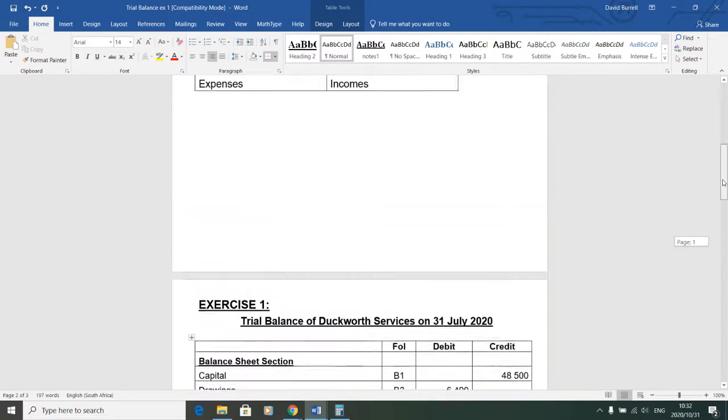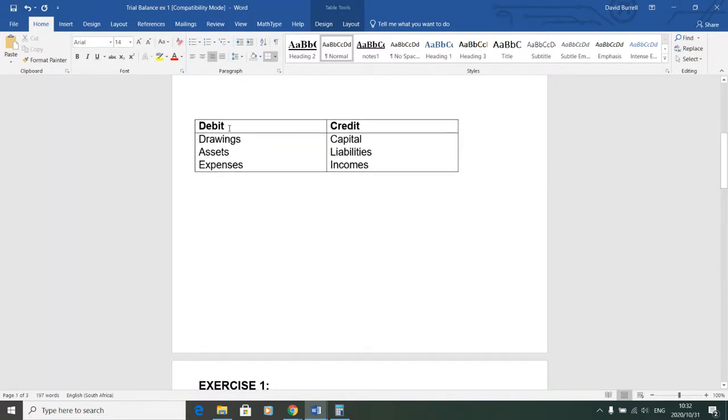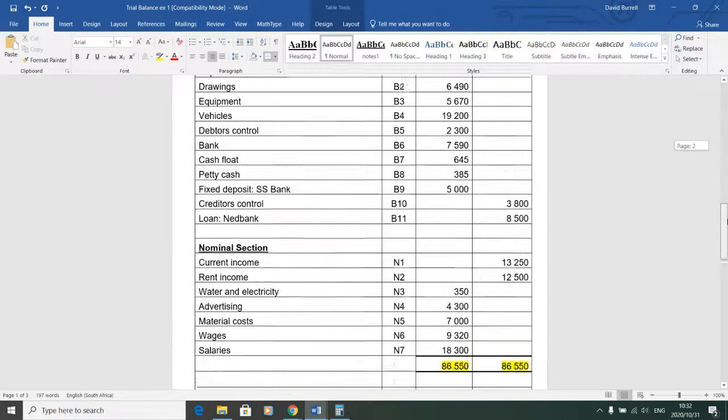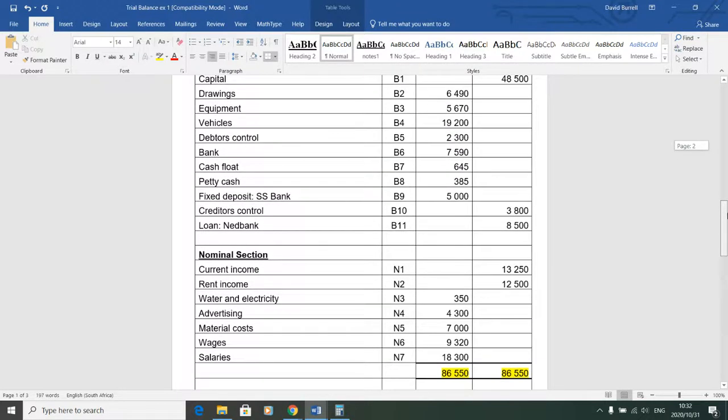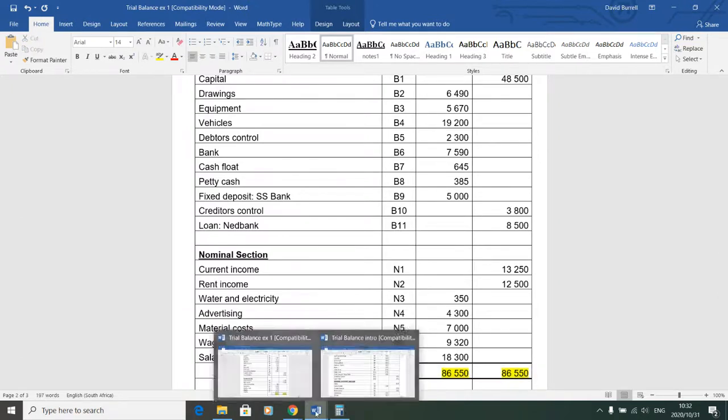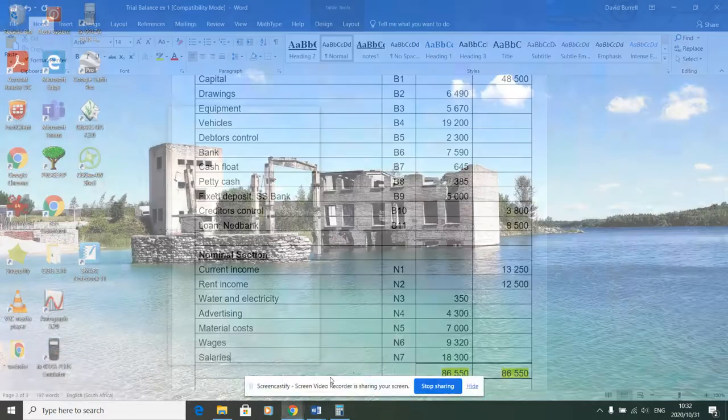It's useful to use the summary over here. The drawings, assets, and expenses will be in the debit column; capital, liabilities, and incomes in the credit. And once you've done all of that, if you've got everything in the correct place, if you total them up, then you should get exactly the same total. Okay, so once you've done a few of these, they really aren't too bad, but that's where this video is going to